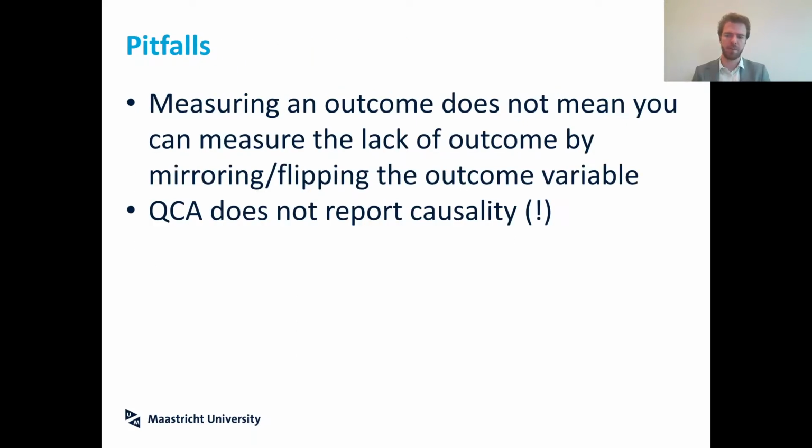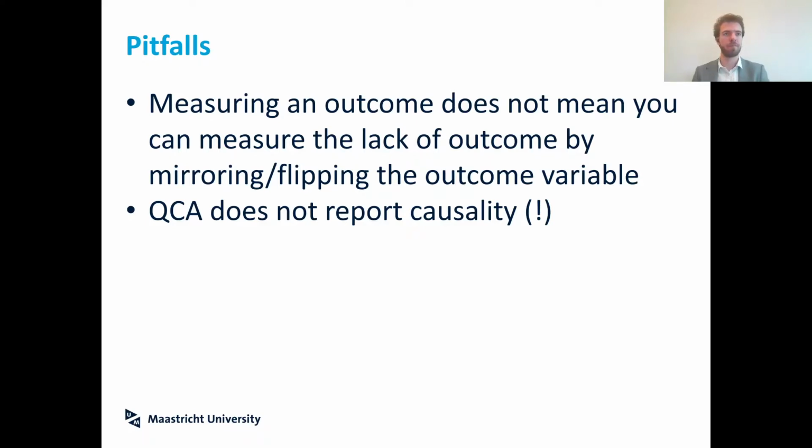Now, let's discuss some pitfalls that I fell into along the way. The big one is the first one. So it says measuring an outcome does not mean you can measure the lack of outcome by mirroring and flipping the outcome variable. What do I mean with this is that in the initial drafts of the QCA, there was another analysis that basically flipped the coding of the access to education outcome